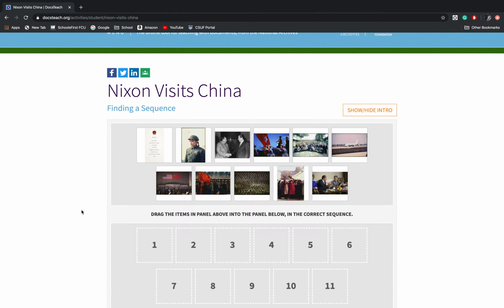Hey class, today I'm going to be showing you a pretty cool tool to help you understand the sequence or the order of events. The activity I'll be briefly showing you is a finding a sequence activity on President Richard Nixon's famous visit to China during the Cold War, which was a significant turning point